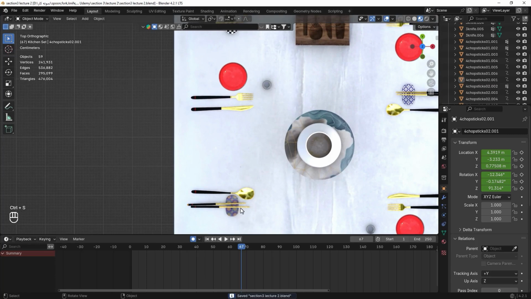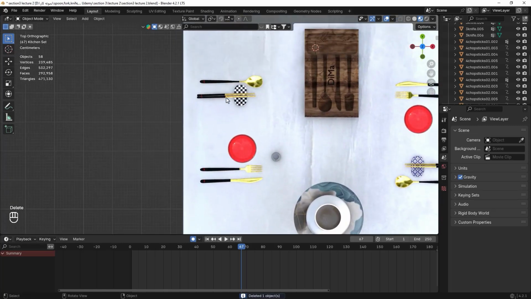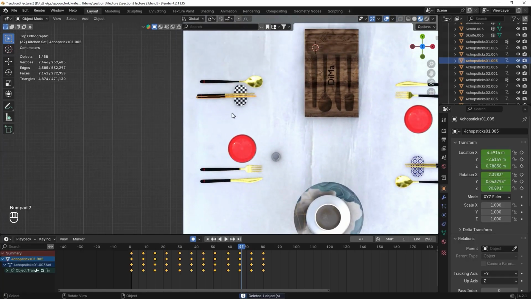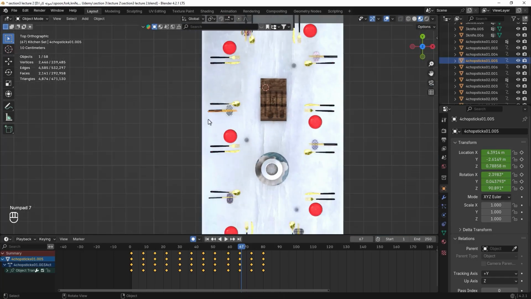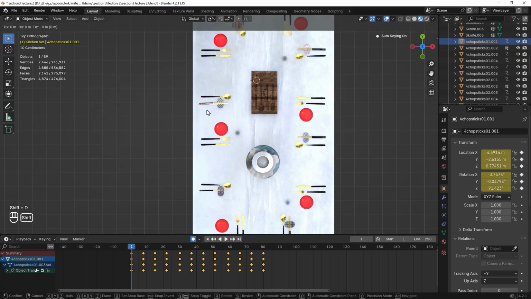Next we will do the same for the next chopstick. So let's do this quickly. First we will remove the chopstick from that one, and then we will duplicate the right chopstick on the white and black holder, and place it on the new holder in the Y direction, and then we set it in the right place, and don't forget to make sure that auto keyframe is on, and